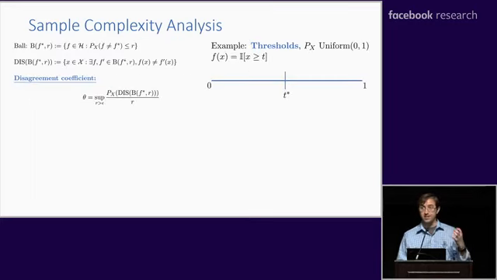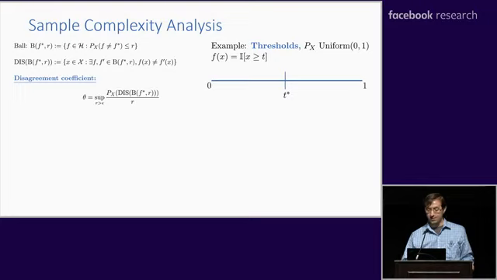I'll state some guarantees in terms of it, but first maybe let's go through some examples just to make sure everybody follows the definition. So the first example might be thresholds on the real line. This is sort of the simplest example. If you have, let's say, a uniform distribution between 0 and 1,